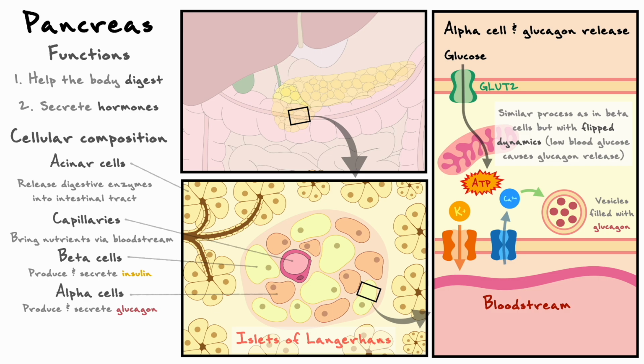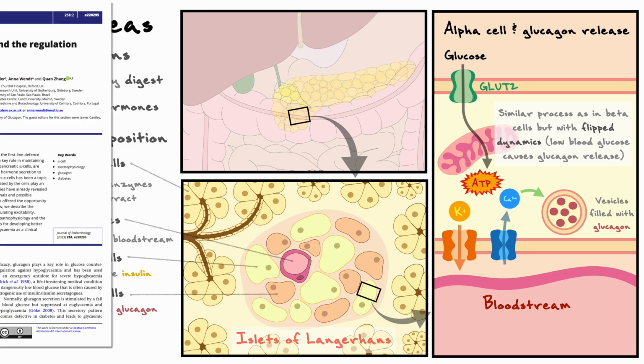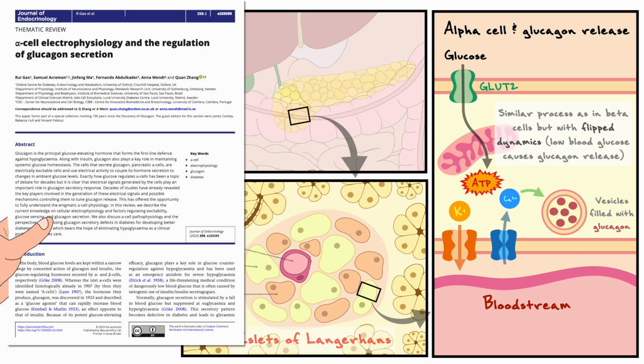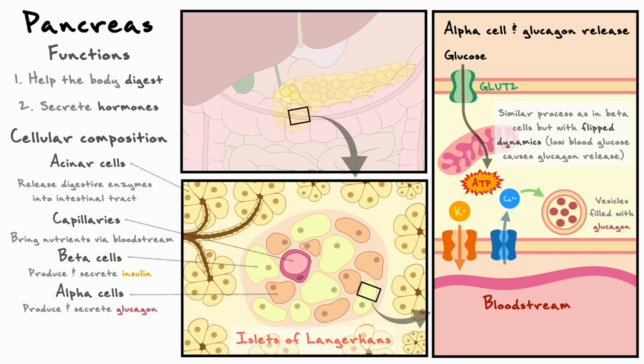If you want more information on the electrophysiology of alpha and by association beta cells, I highly suggest consulting this article that reviews how those mechanisms are possible. For our discussion, the details are not super important other than knowing that low glucose promotes glucagon release. Also, before we move on, I want to mention that glucagon release is stimulated by epinephrine and inhibited by insulin. When we will get to epinephrine signaling later on, you will see why it's important to keep that detail in